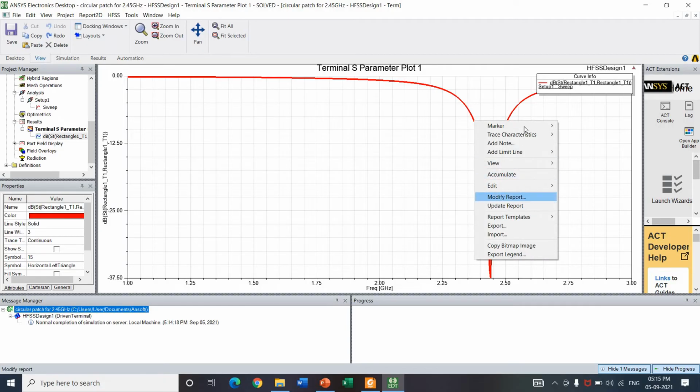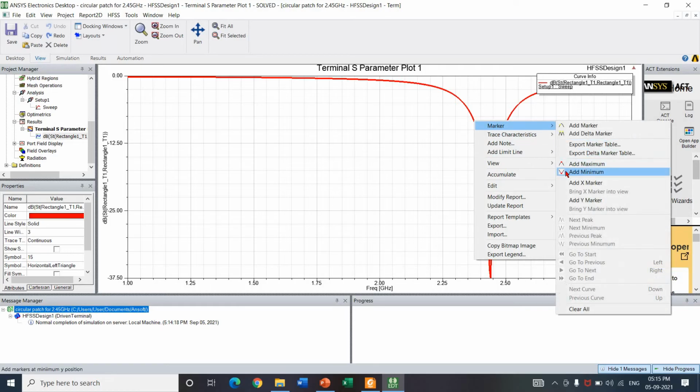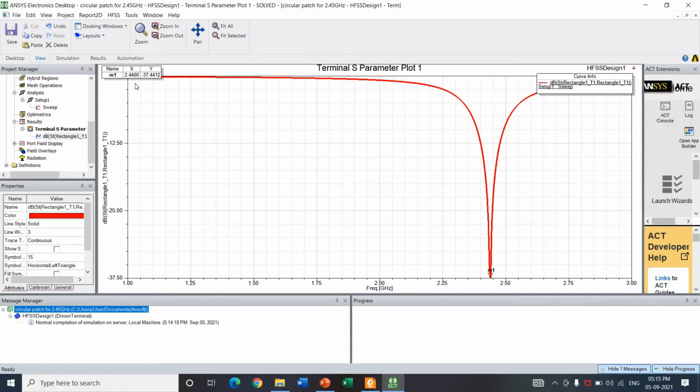Select marker, to take the minimum. This is the minimum, where the minimum is at 2.44. You can see it's 2.44. Okay. So usually we should